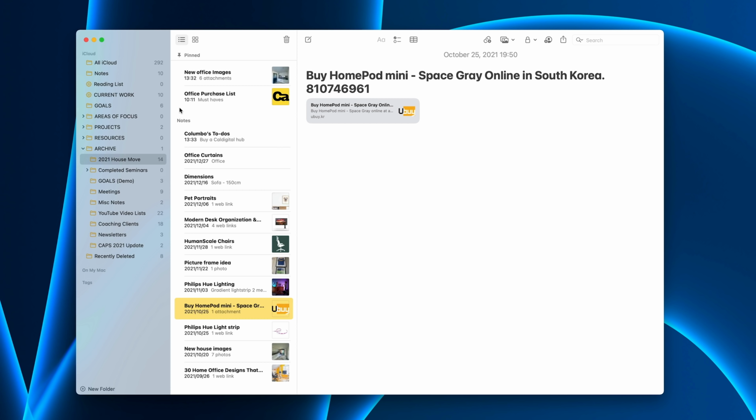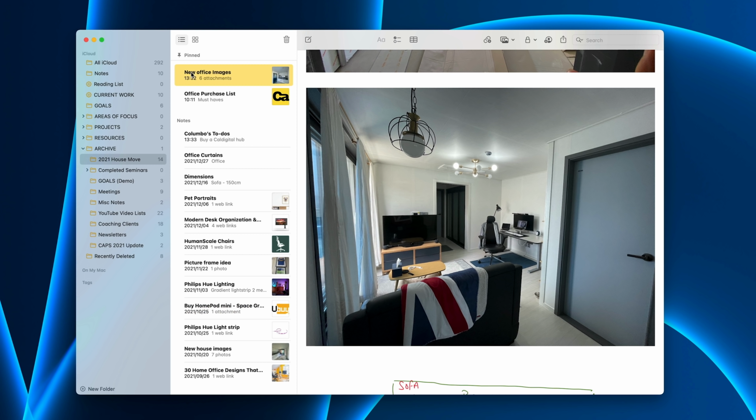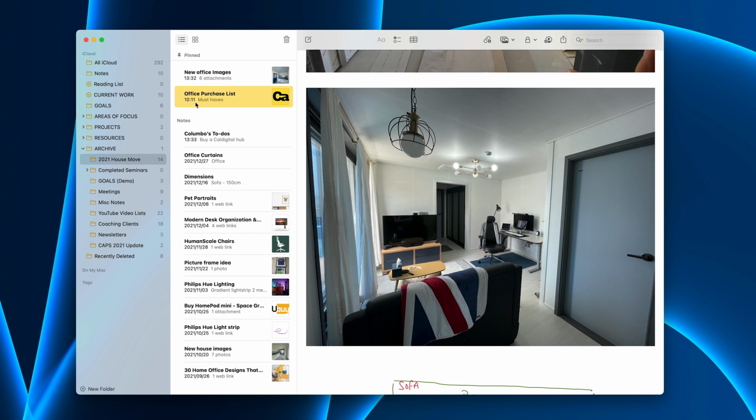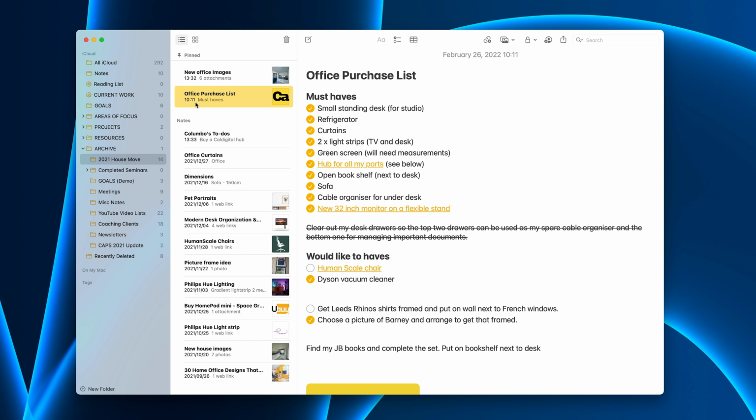And it was brilliant because it was so easy to use Siri to ask to show me my 2021 house move note, and she would open it up and I would get all these up here. And it was just absolutely brilliant that it was so fast, so mobile. And it was this